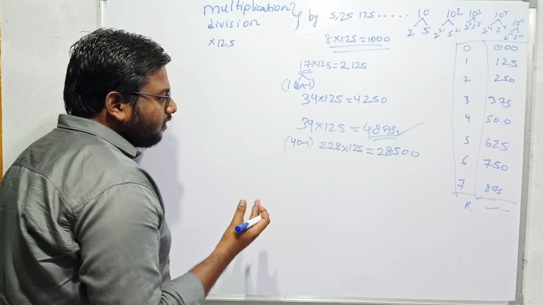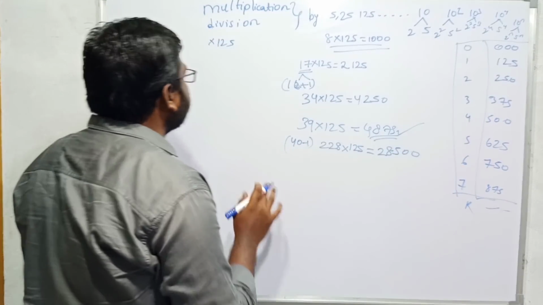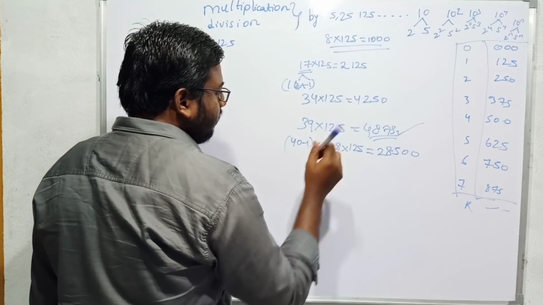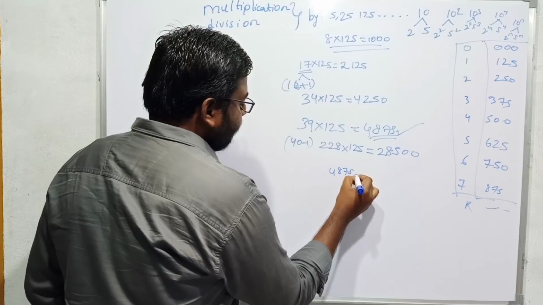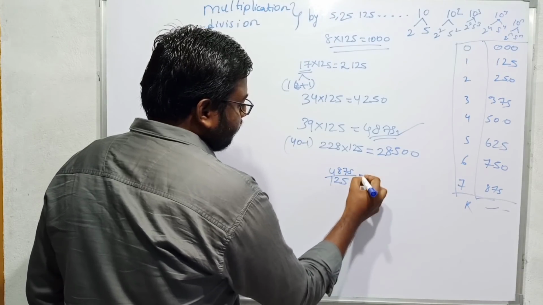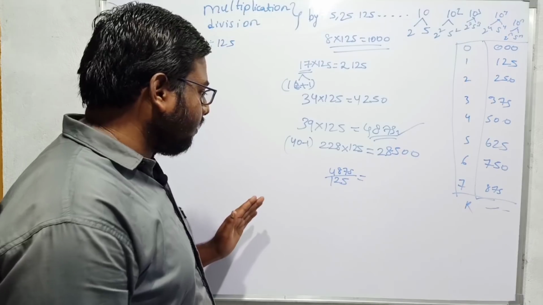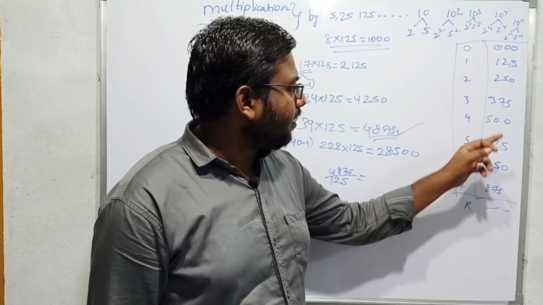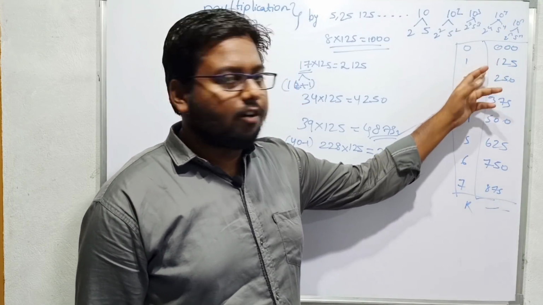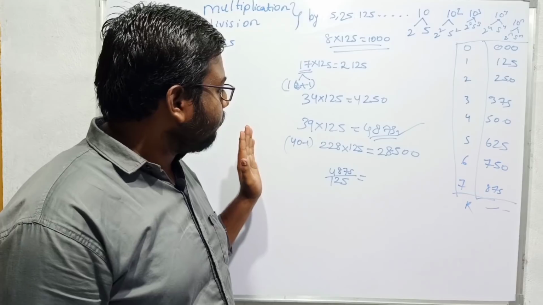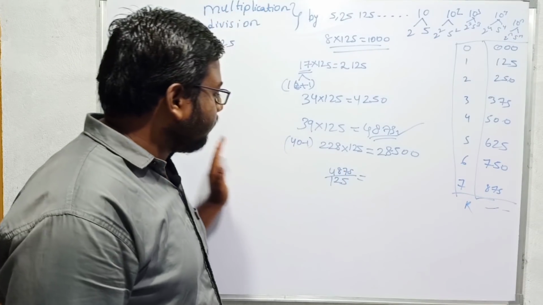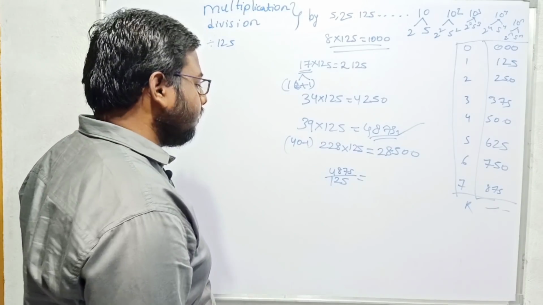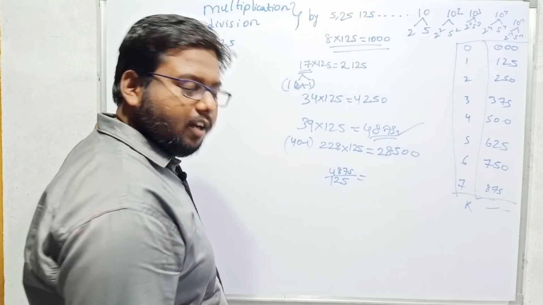For example, if I have to calculate the division by 25, that means division by 25 now. So let us take this example, 4875 divided by 125. If I have to calculate the division with 125, the last 3 digits must be 875, 750, 625, 500, 375, 250, 125, 000. There are no other exceptions on that, because if the last 3 digits satisfy any one of these 8 numbers, then the number is perfectly divisible by 125.